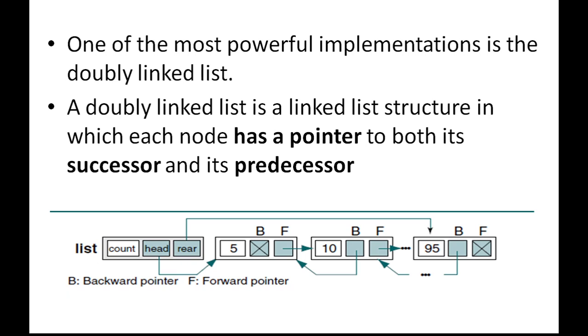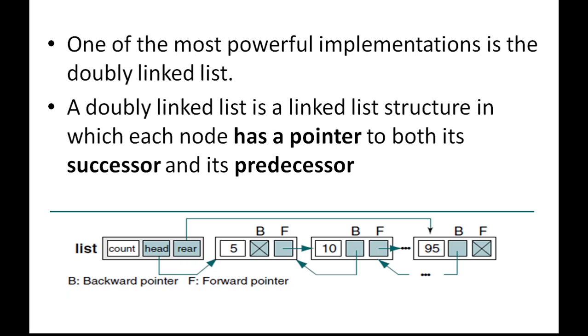We know that the limitation of the singly linked list is that you can do traversal in only one direction. That is, if you start from the head node, you can go to every subsequent node: from the head node to the first node, from first to second, till the last node. The moment you hit the null value, the traversal ends. But if you want to come back to the first node from the last node, it is not possible, because we only have the next addresses. We don't have the address of the previous nodes, and that is what is added into the doubly linked list.